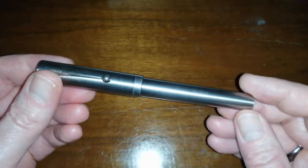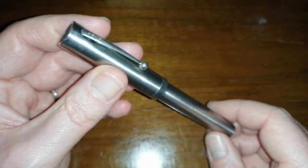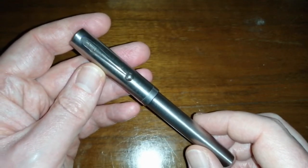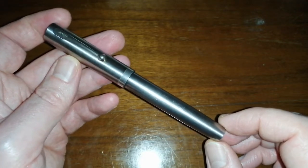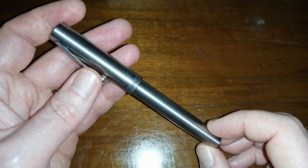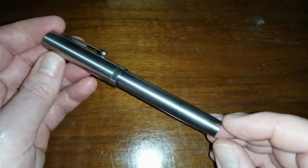Well, this pen is a Sheaffer No Nonsense Metal, all metal. So all of the Sheaffer No Nonsense pens that I have are plastic, and they're really good quality pens. Now I was aware that there was a metal version of the pen around. It's a vintage pen, if you like. Dates back to the, I don't know, 80s, 90s maybe, and it's identical to the plastic versions of the Sheaffer